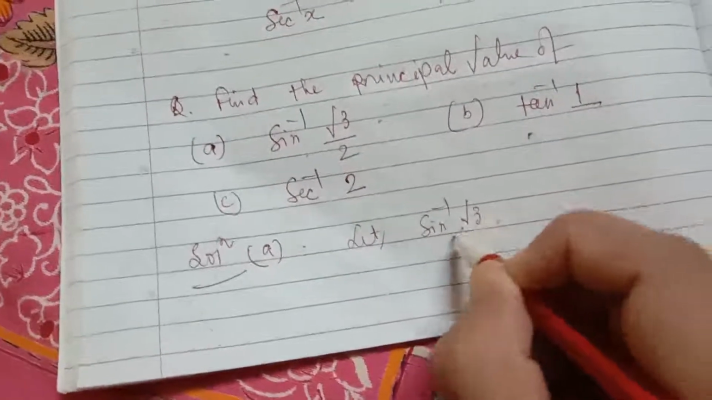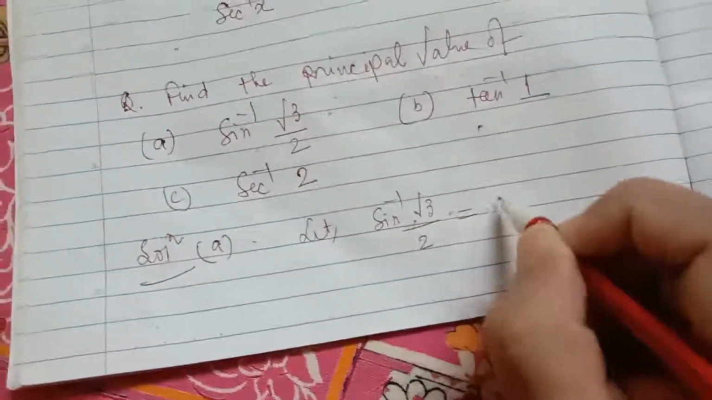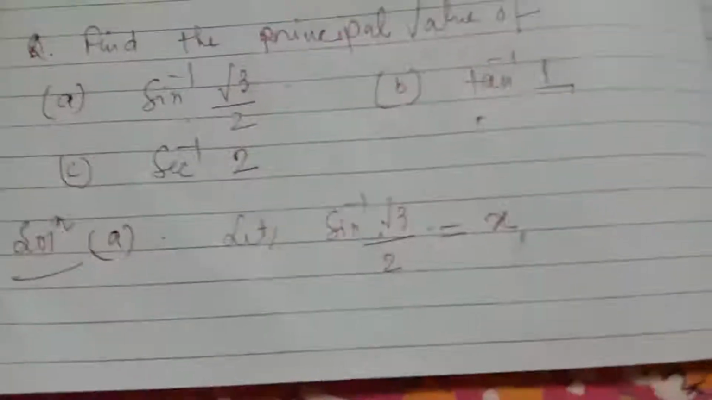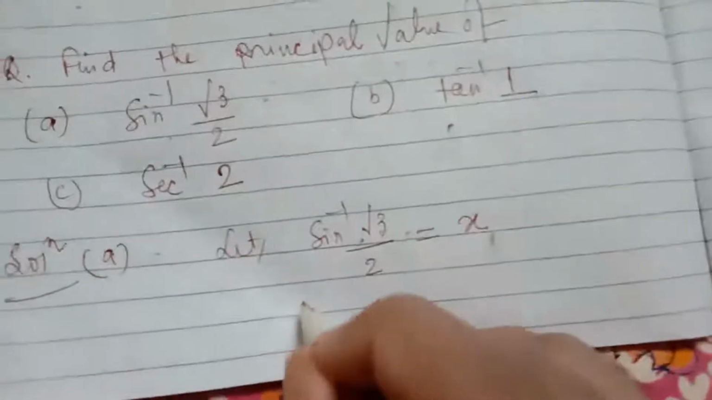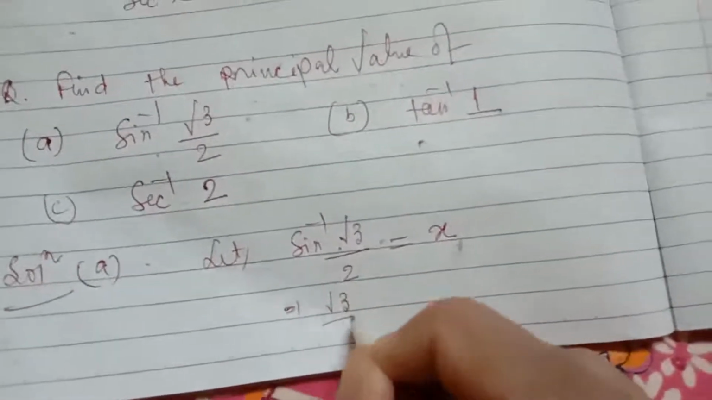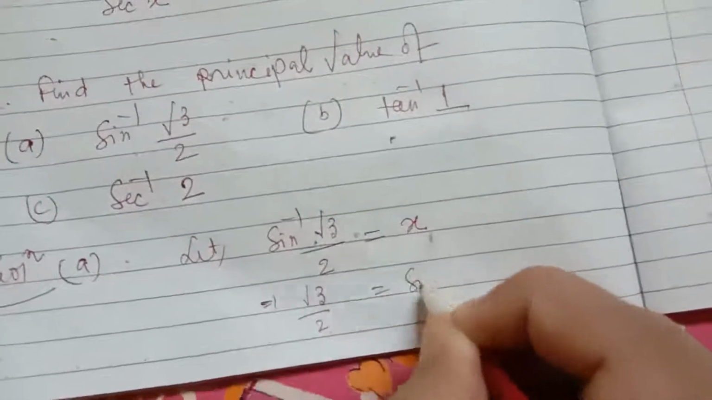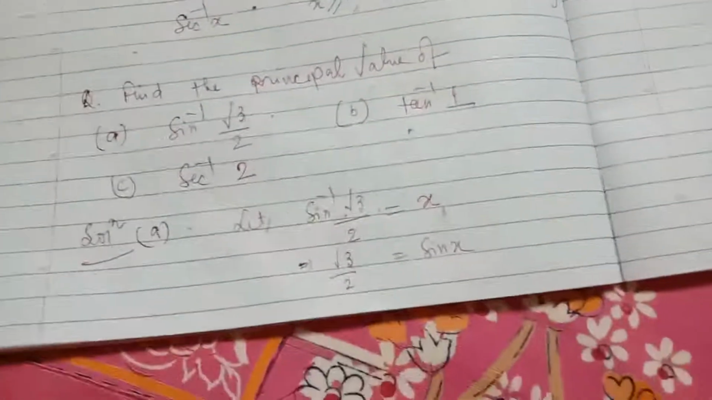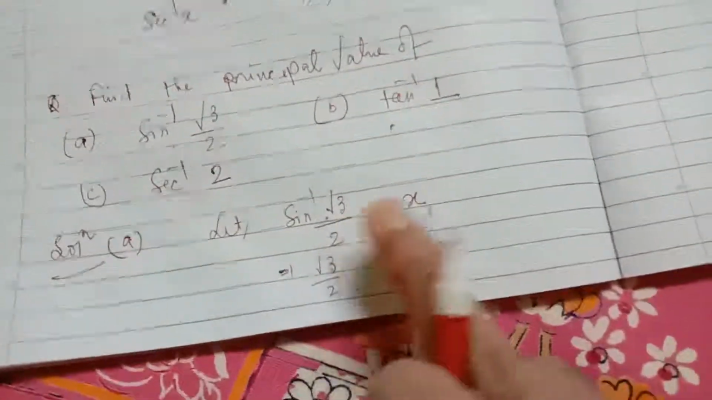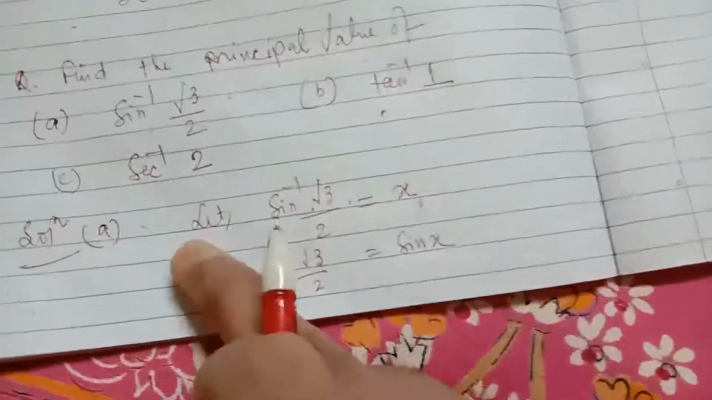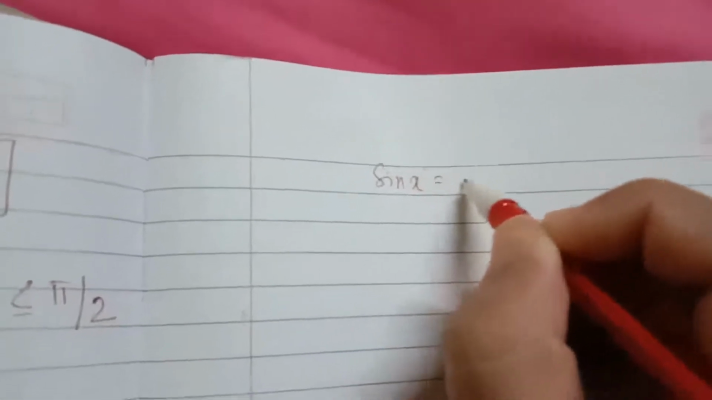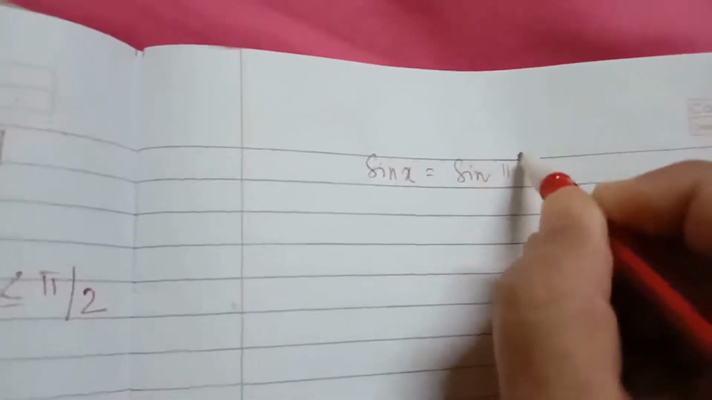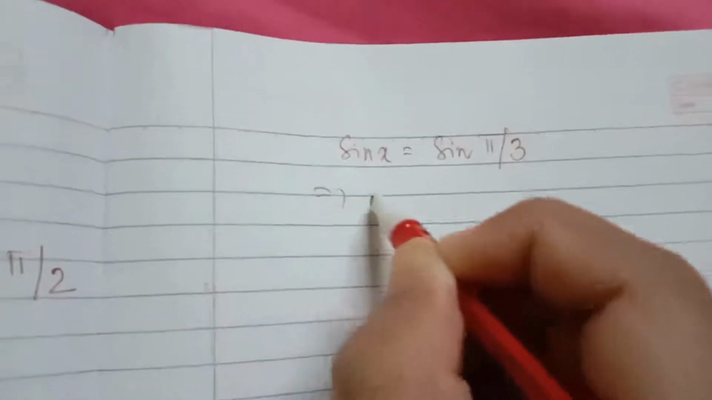We can write, let sine inverse of root 3 by 2 equal to anything, say x. Sine inverse of root 3 by 2 equal to x implies that root 3 by 2 is equal to sine of x. This is the definition of inverse function. Now, sine x equal to root 3 by 2 means sine of pi by 3, 60 degree,